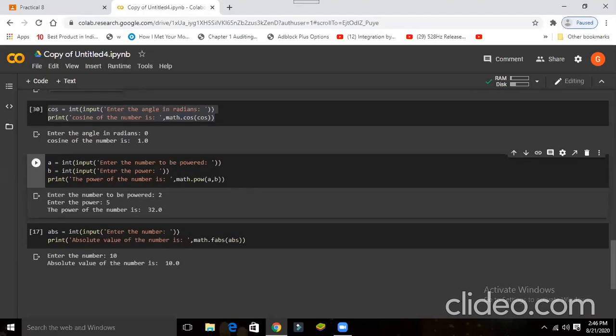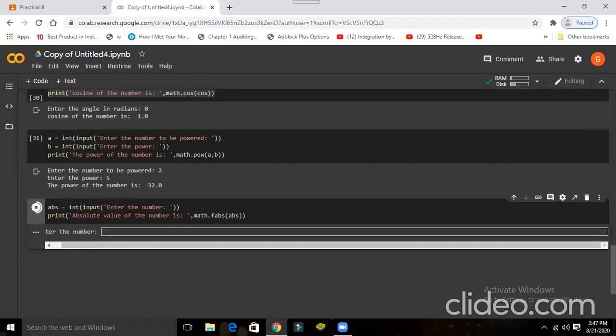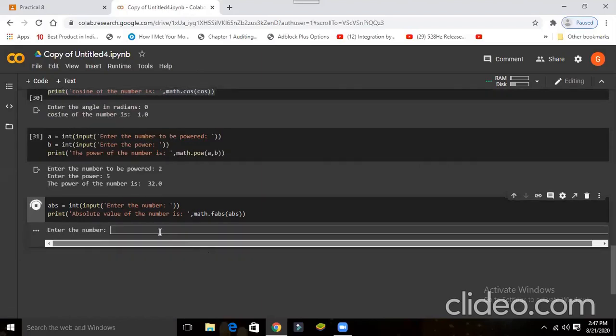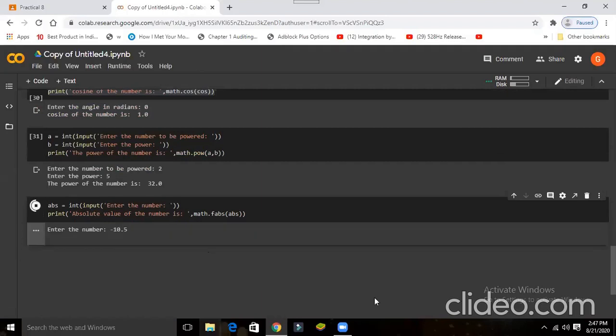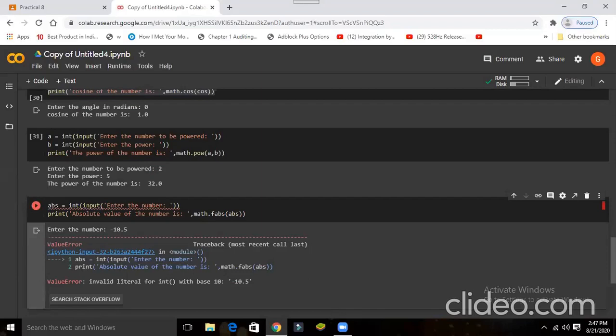Now the last one, that is fabs. So what is the use of the fabs function? To find the absolute value. But it also converts it into floating point. Suppose you are giving minus 10.5. It gives an error. Why?